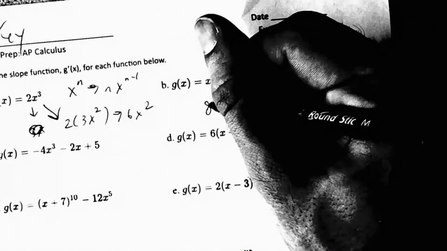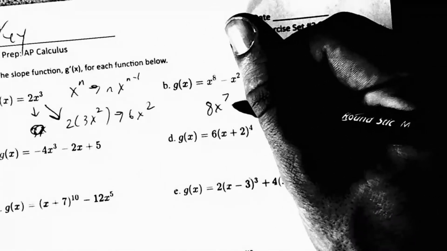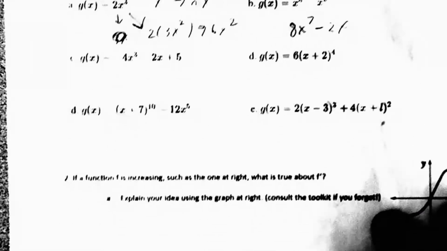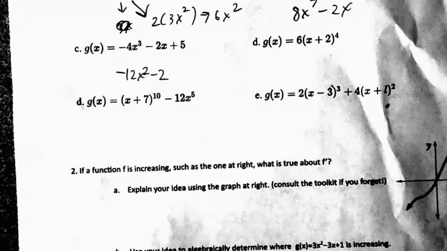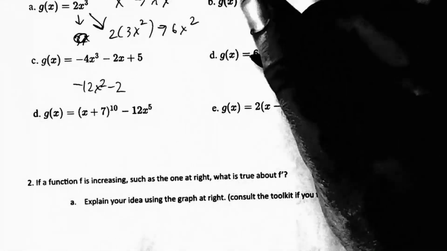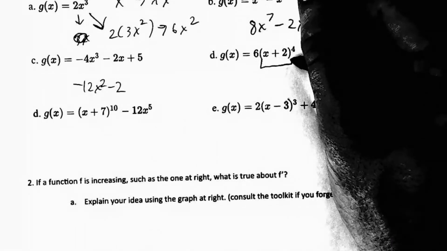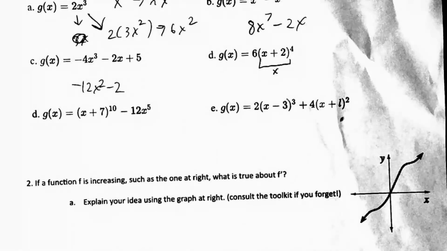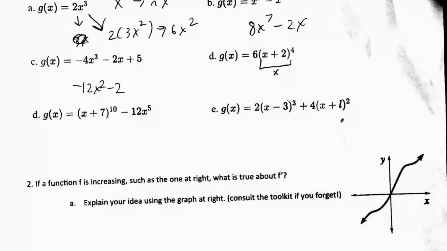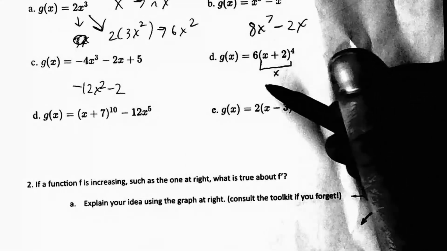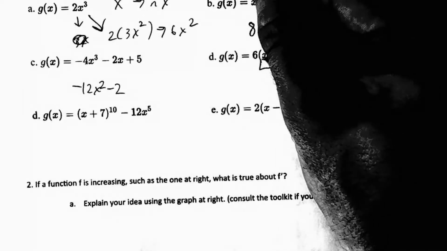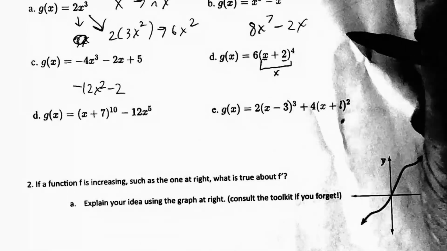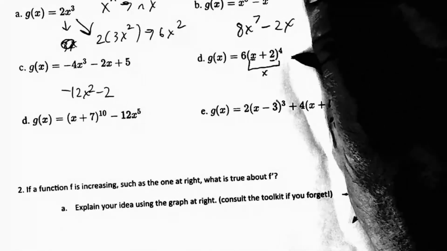This one will become 8x to the 7th minus 2x. This one will be negative 12x squared minus 2, and the 5 is 0. So you leave that one. And this one, you're going to treat this as an x. You don't always do that, but for this period of time, we're not going to get into examples where this is not true. If you just have a regular x and a constant in here, you can apply a power rule. So this becomes